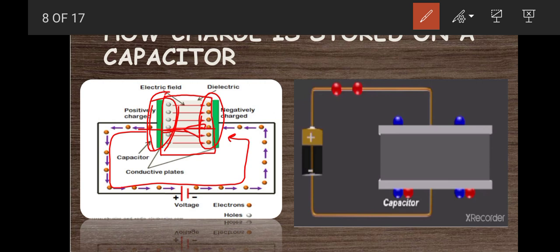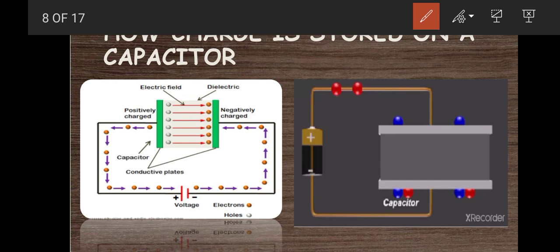So that's how a capacitor stores the charge on it. It will keep the negative charge on this plate and positive charge on this plate. As we have used an insulator between these two plates, these positive charges will be attracted to the negative charges, but they cannot move towards each other because there is no physical link between them, because there is an insulator which does not help electrons to pass from one plate to the other. That's how the charge remains stored in the plates. It is bound in the plates.